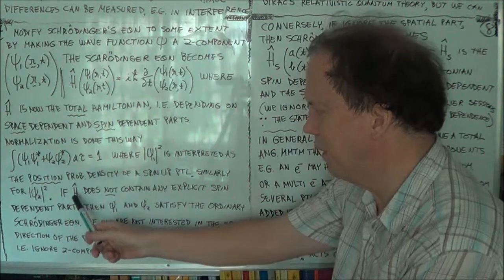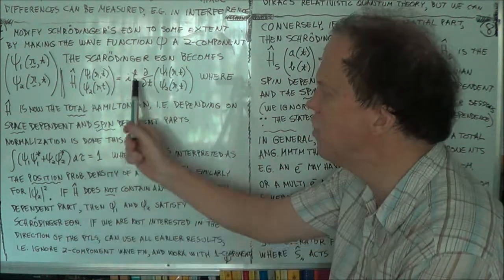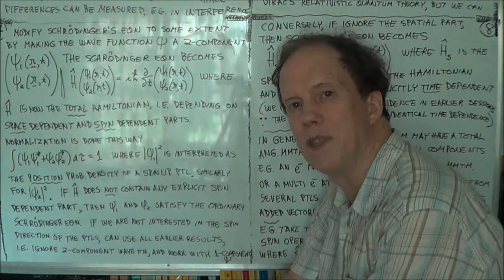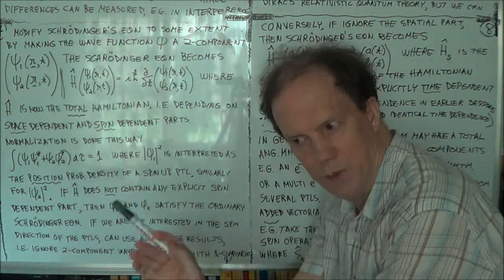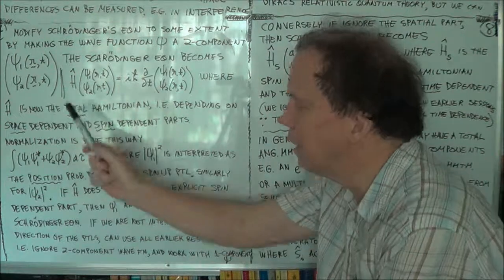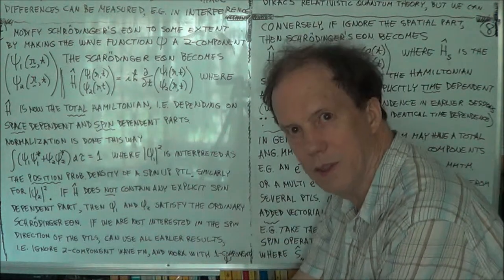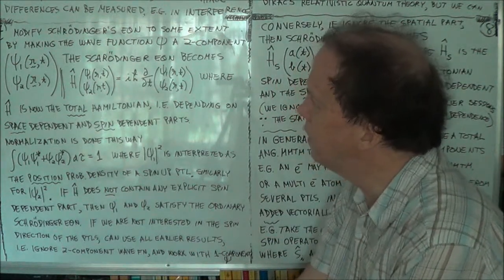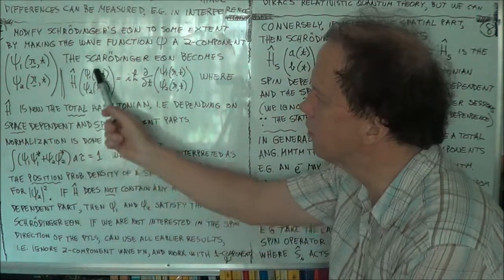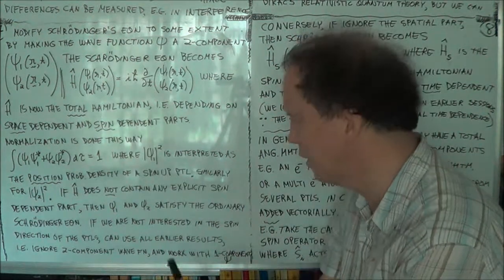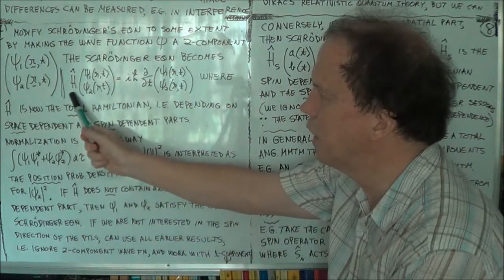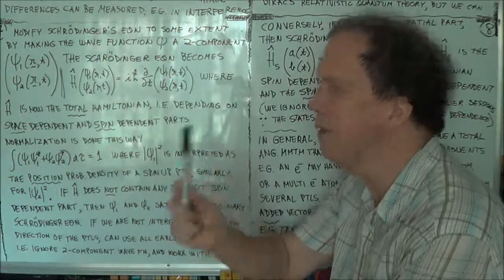Now, if your Hamiltonian does not have a spin-dependent term, so if your Hamiltonian is independent of spin, then you don't need these two components. You can just go back to your one component. So if H is spin independent, you don't